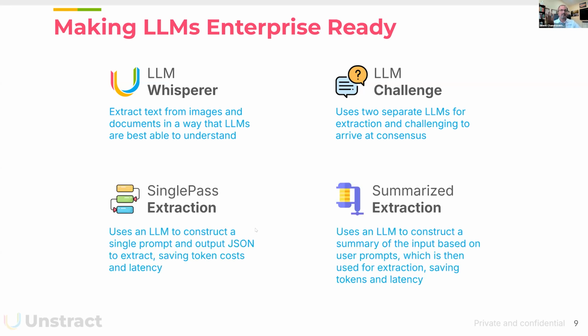The other thing is single pass extraction, which is a great thing when you have multiple prompts, as you saw on the earlier screen, extracting data out of a PDF. But if you want to save on tokens, and save on the latency of running multiple passes, it can compact and construct a single prompt out of all the different prompts that you have, do one quick go and get all the data that you need, and output as JSON as well. So that's going to save you a ton in token costs and all that as well, right? So that's another thing. I'll get to show you all of this in the tool itself.